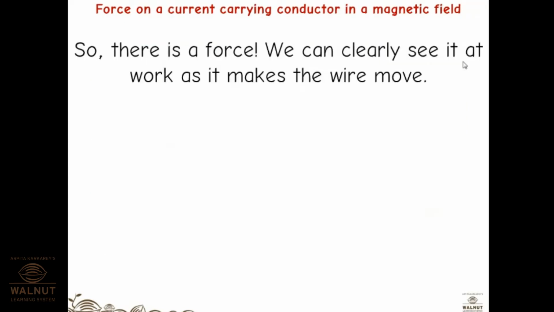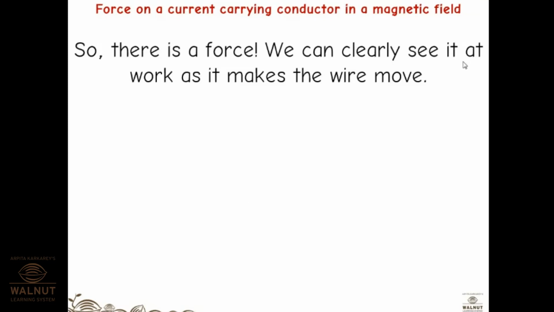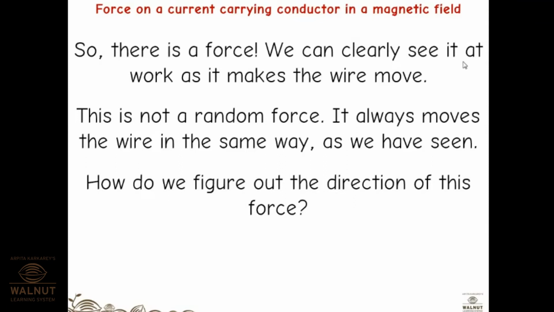We can clearly see it at work as it makes the wire move. This is not a random force. It always moves the wire in the same way as we have seen. Now, this is showing the deflection you have noticed. In which direction the force will be, we need some rule for that. Just like we have seen the right hand thumb rule or corkscrew rule for finding the direction of the magnetic field, this proves that a current carrying conductor experiences a force when you place it in a magnetic field,